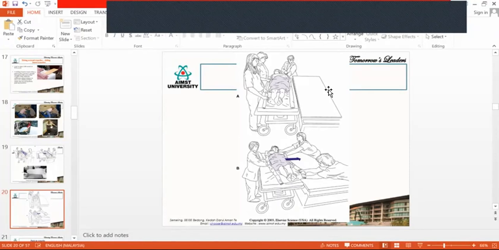So these kinds of transfers are normally done in the hospital inpatient wards, from the stretcher to the bed or bed to the stretcher, or normally it is done in the operation theaters. So this is three-person, or sometimes if the patient is very heavy, then 4 people or 5 people or even 6 people will be used. Depending on the need or heavy weight of the patient, they will choose how many people you need.